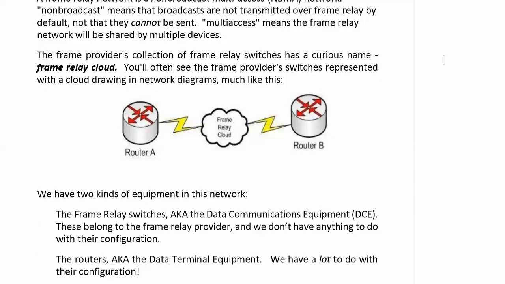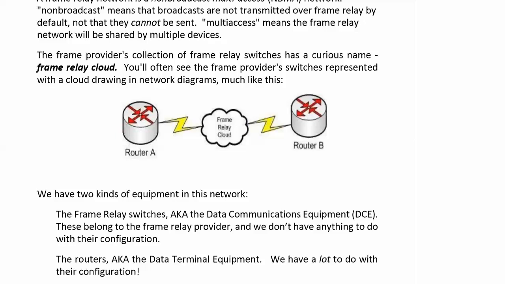There are two kinds of equipment overall in this network. Now, the frame switches, the data communications equipment in this particular instance, these belong to the frame provider. We don't have anything to do with their configuration. So they're DCEs, but we don't have anything to do with them. The routers are the data terminal equipment, the DTEs, and as you know, we have a lot to do with